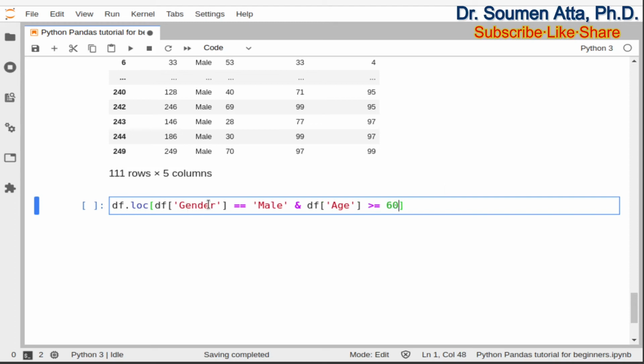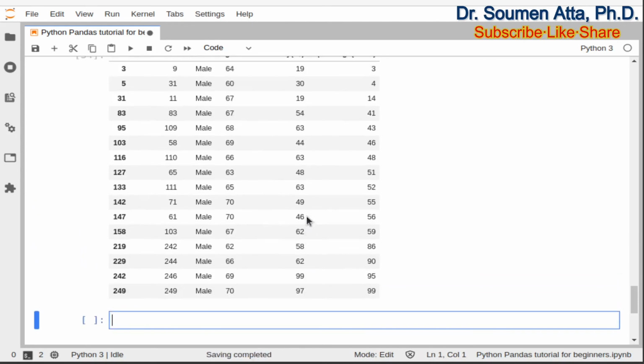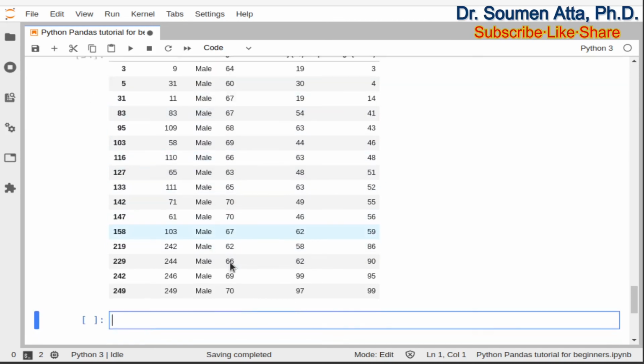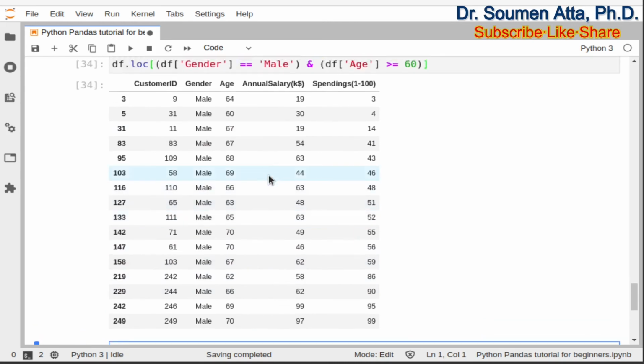And since here we are using two conditions, we need to pass these two conditions within the round brackets like this. And here you can see this returns those rows for which gender is equal to male and age is greater than or equal to 60. We have only a few such rows in the data frame df.